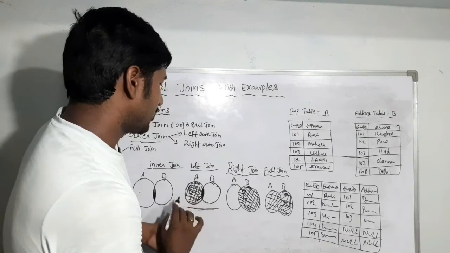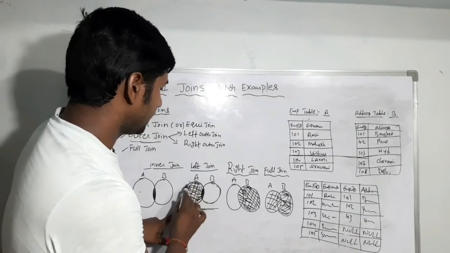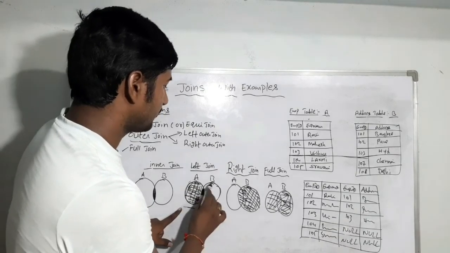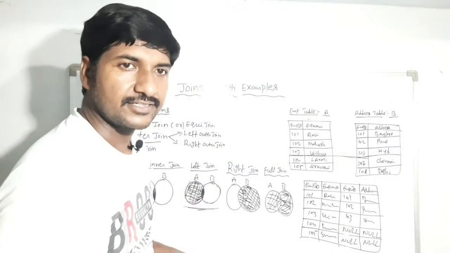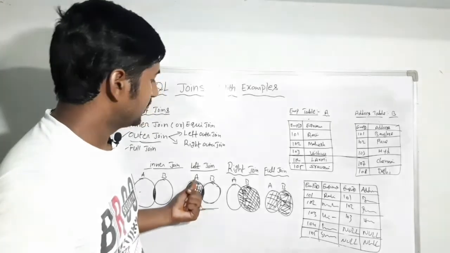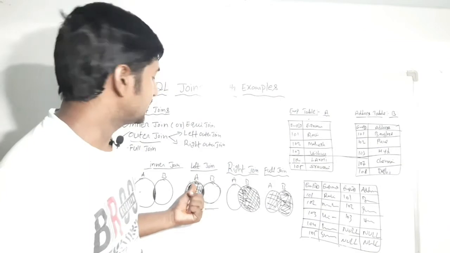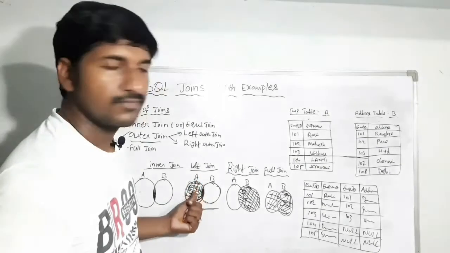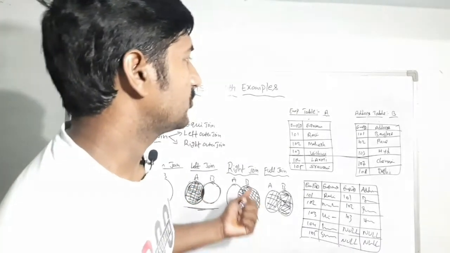Okay, so here is the diagram for left outer join. Left outer join means you will get all the records from table A, and also from table B, whether it is matching or unmatched data. You will get the result from both tables. Okay, but you will get all records from the left table. That is the reason it is called left outer join. All the matched records will become a result from the left table. See, with an example you can understand.